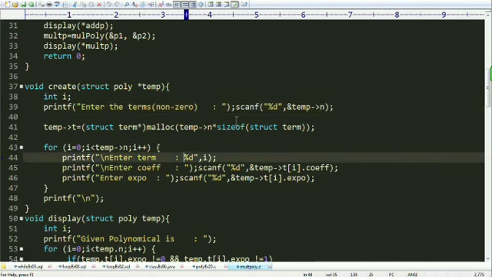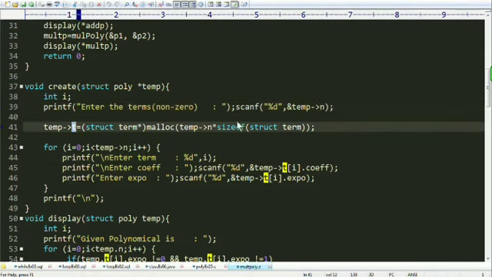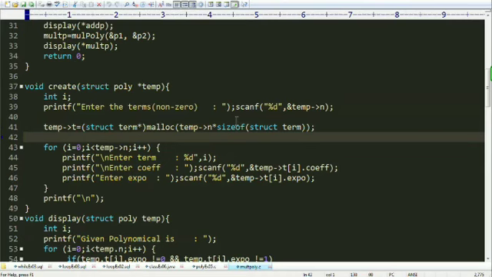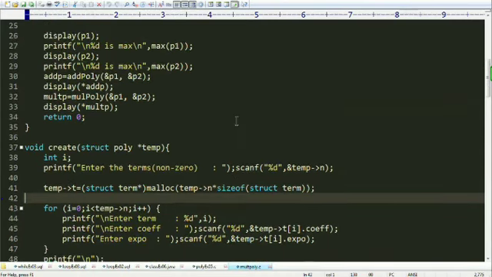After that I'm creating a structure term pointer t, which indicates the initial address of an array which contains the terms present in this polynomial. After that I'm using malloc. The malloc function is used for dynamic memory allocation and is present in the library stdlib.